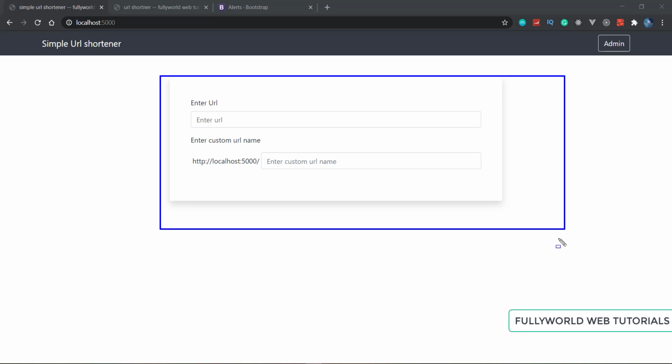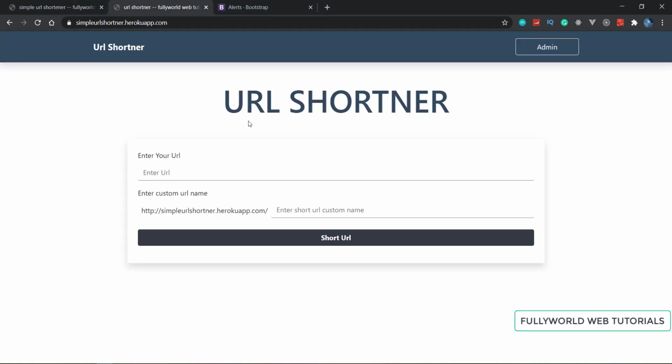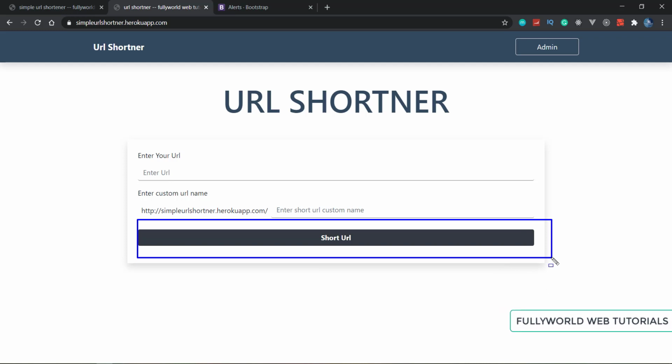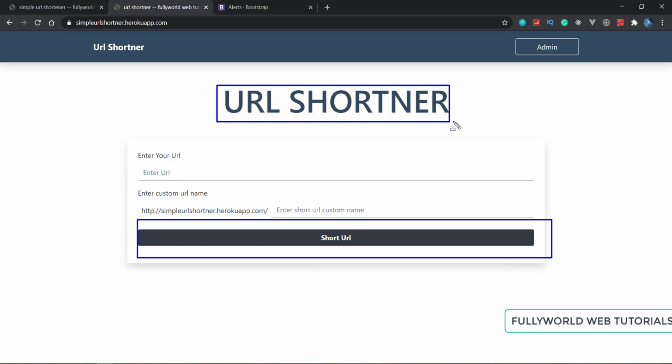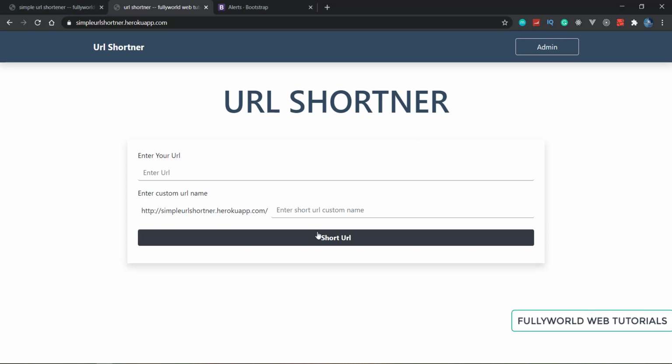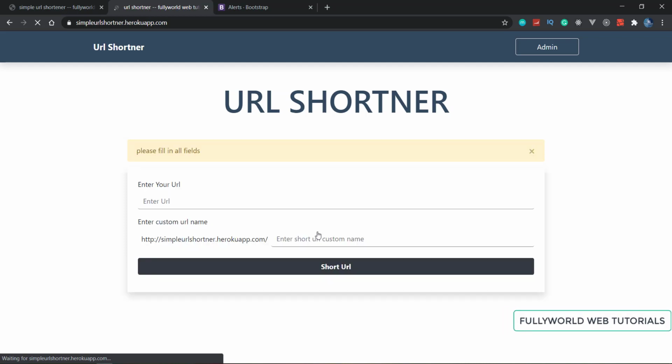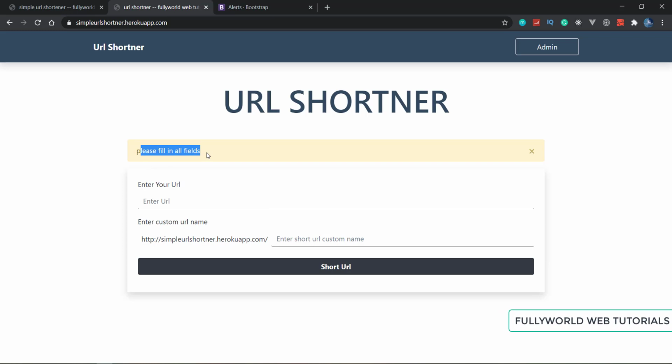See that here only the form is there, but I forgot to add this button. So we have to add a submit button, and then write this h1 tag also. First we will write this, and then add some validations. If nothing is there, it will give one error: please fill in all fields.